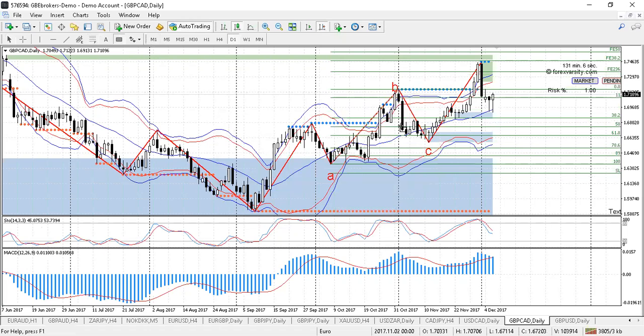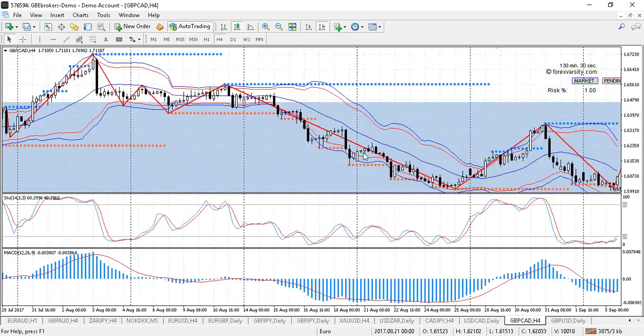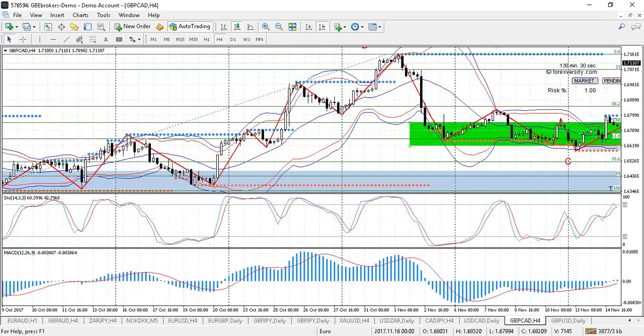If we're looking back, I won't bore you with the whole thing now, but we'll have an area that you are looking at as a potential reversal area. So what you would do is wait for the price to hit into that area, and at the same time for the stochastic to be in the correct place, which on this occasion, because we're in an upward trend, is the oversold place. Once those two criteria have been met, one of the things you can do, obviously we're looking for signals on the price action here, but you can also pop down to the lower time frame, on this occasion the 4-hourly,